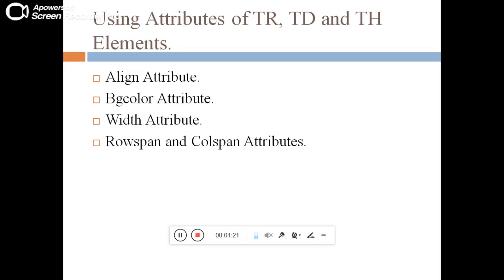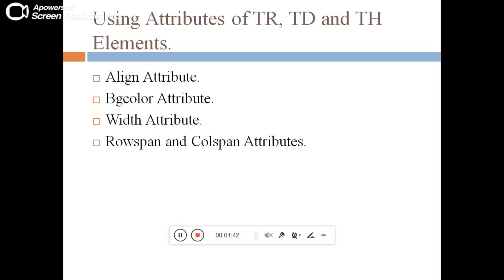I hope you remember in the previous lecture we used the bgcolor attribute in the table tag for giving background color to the complete table. In the same way, if you want to give background color to a particular cell within a table, we can use the bgcolor attribute.